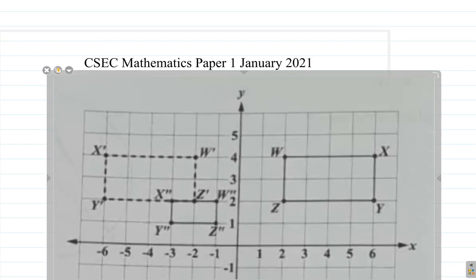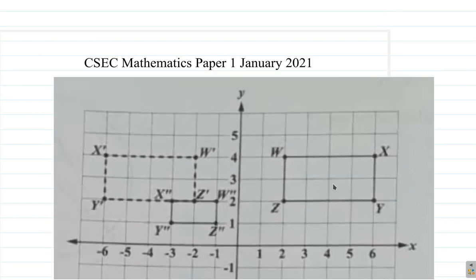Now the thing is, before we look at the options, this looks like a reflection over the y-axis. You can see that. And then, after that,